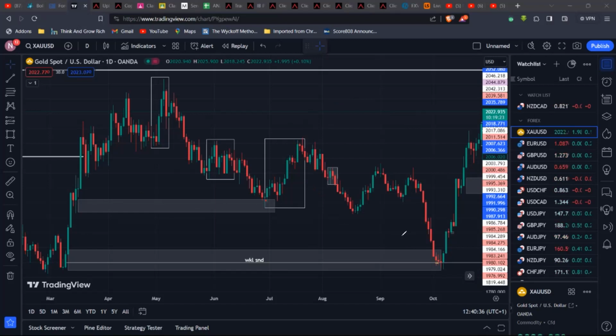And the anticipation is that because the higher time frame controls the smaller time frame, the lower time frame will most likely flow towards the direction of the higher time frame, more likely than not. So as price taps into here, I didn't start buying immediately, but what I wanted to see was